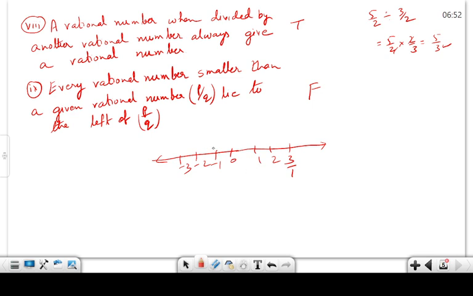No, that is not correct, because up to here it is correct, but when it is minus 1, you see here negative numbers. Every rational number smaller than a given rational number p by q lies to the left of p by q. That is true for positive numbers, but for negative numbers it is not true, right? Therefore this is false. If we take minus 1, minus 2 by 1 and minus 3 by 1, you see here minus 2 is greater than minus 3. That is not correct,